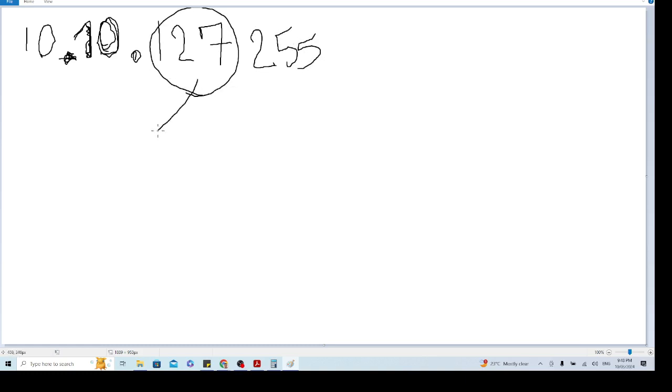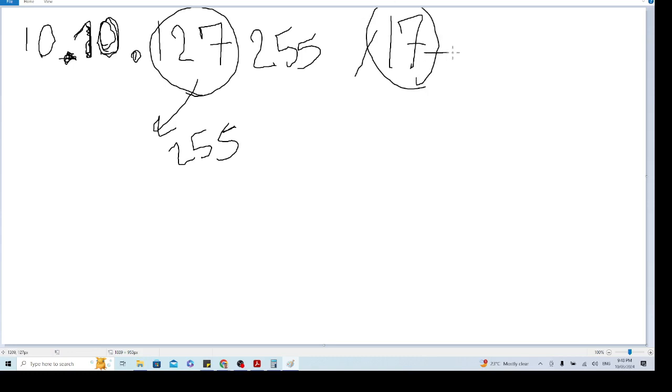So why is it not 255? Because of this slash 17. If you had slash 16, you were right. You could have had the broadcast IP address as 255. But since you have that slash 17,